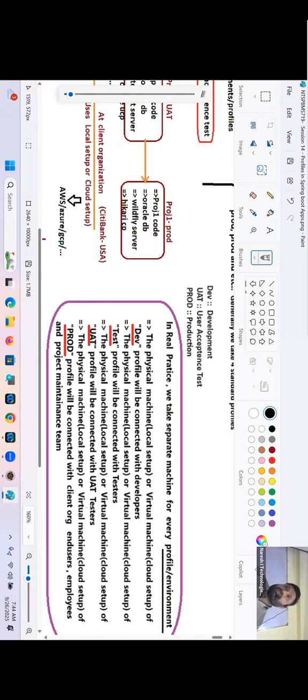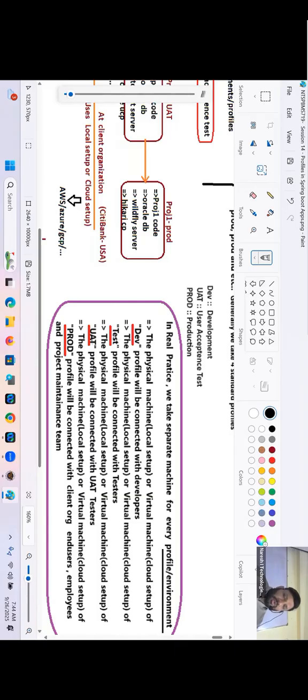The physical or virtual machine of the UAT profile will be connected with UAT testers. After releasing the software or project, the company will recruit some testers, and those testers will do testing. The physical or virtual machine of the prod profile will be connected with the client organization, end users, employees, and project maintenance team.